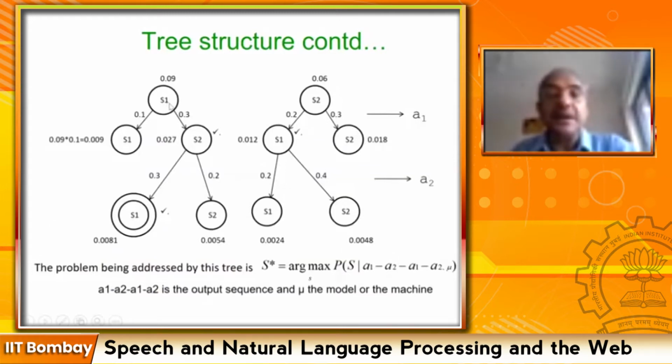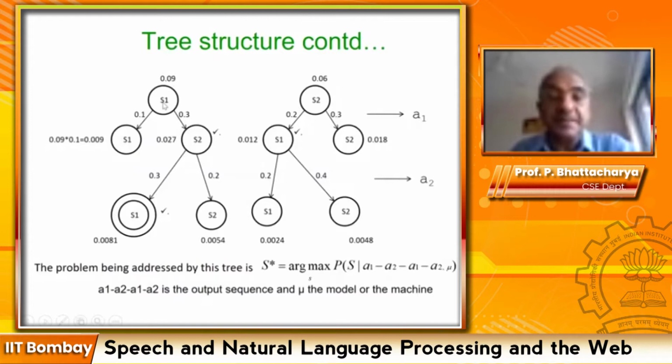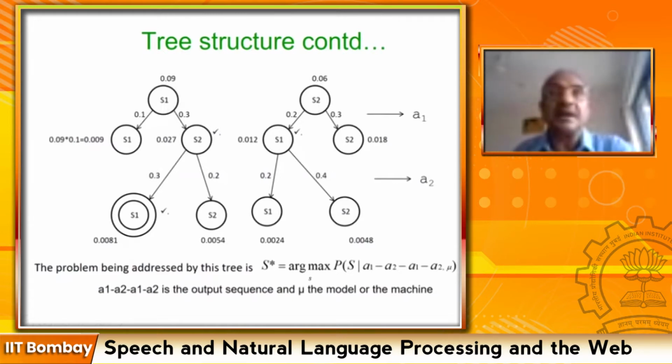I have a path starting from the subtree to start from S1 and S2. So I have taken only one S1 and one S2. Okay, other S1 and S2 ending paths are useless. So from here now I make observation that there is A1 symbol on the sequence. So from this S1 I get S1 and S2. From S2 I again get S1 and S2. Now I again have 4 leaves, 2 of them ending in S1, 2 of them ending in S2. So out of those ending in S1, I choose the higher probability